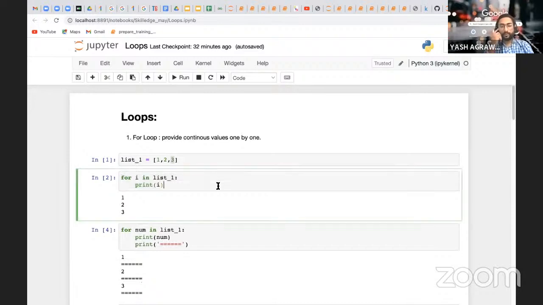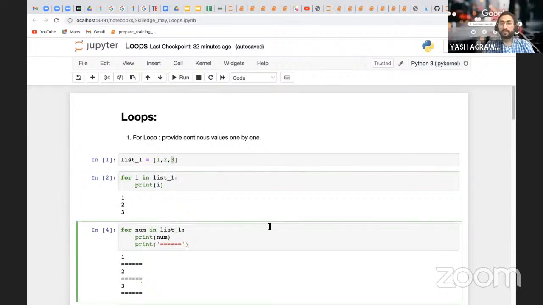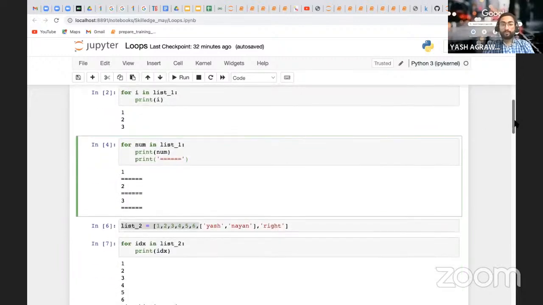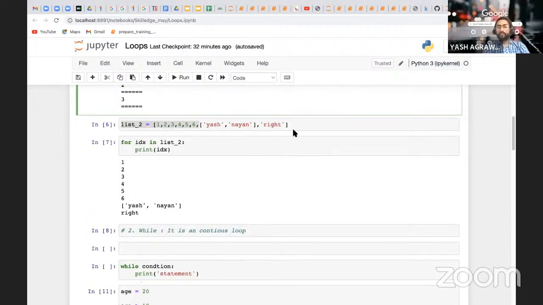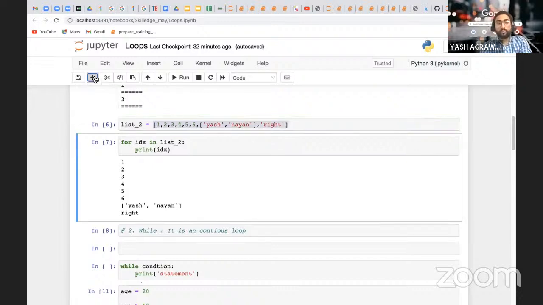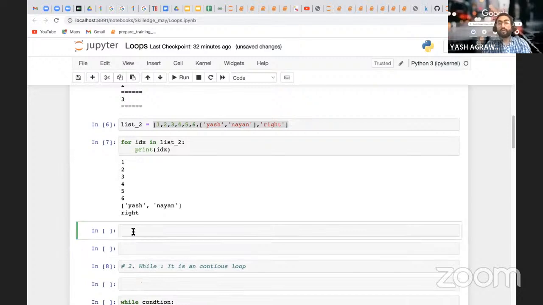Okay, so this is your for loop, right? Now the next question comes: sir, is it the only way to write a loop? No, there is one more. So do I always need a list to work with loops? No, the answer is no. So what all things are required? What all things are possible? Then we have this range function for i, and i is a standard one. That's why I always move with i.